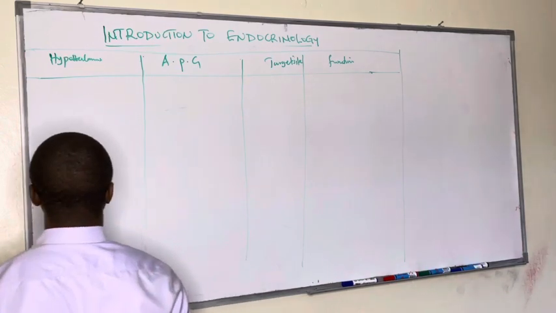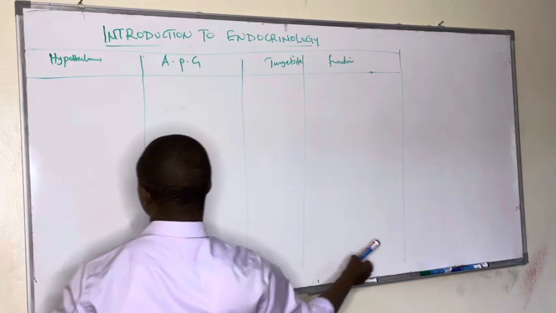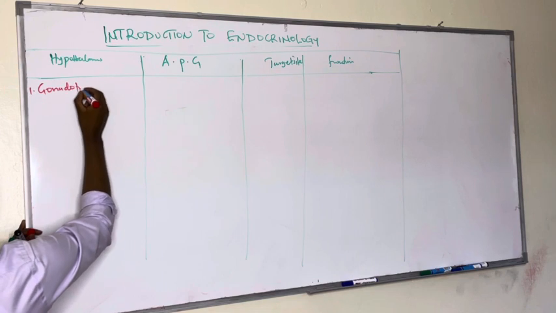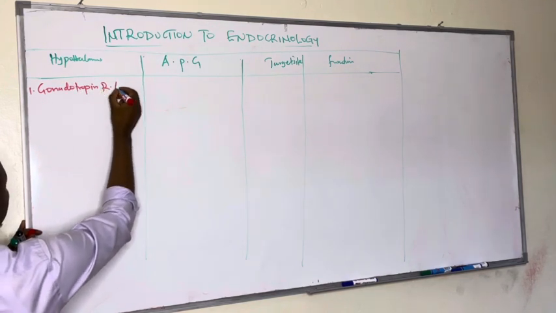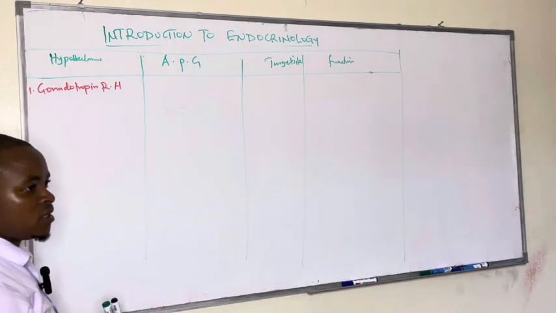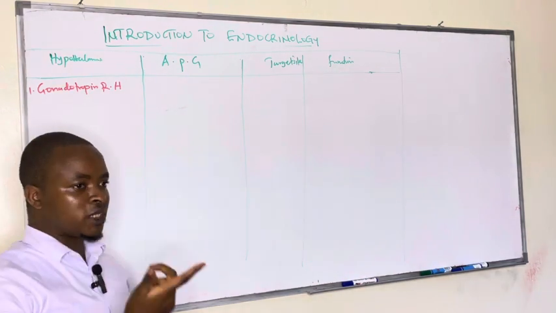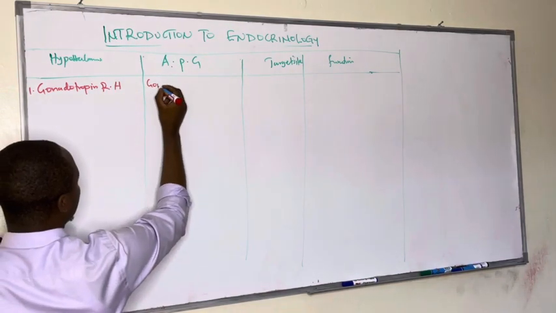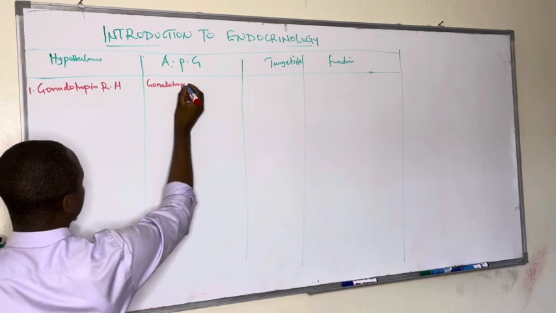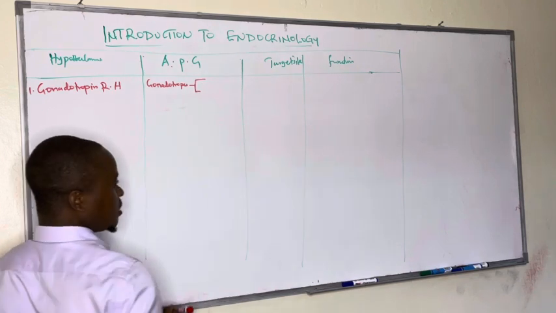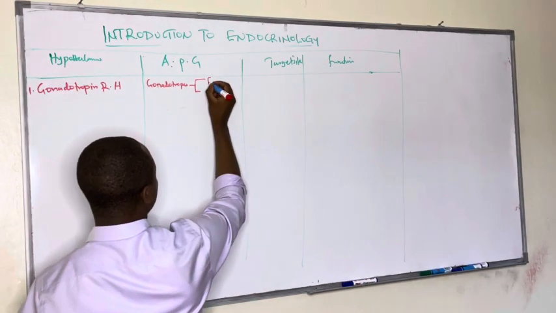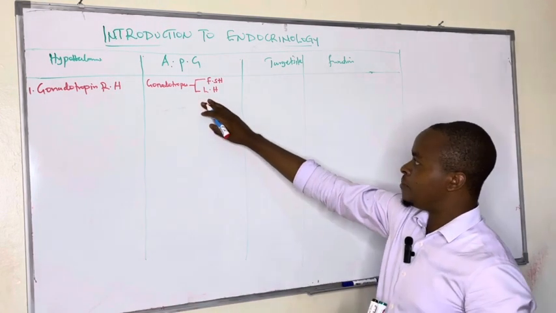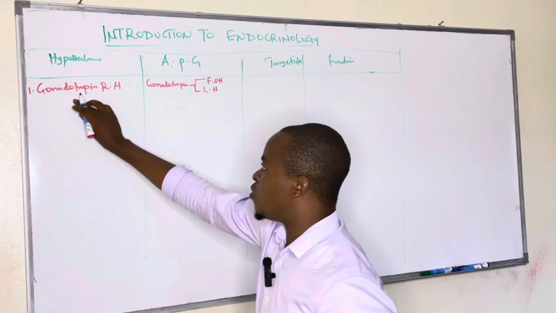And the first hypothalamic hormone I can talk about in this session, there is a hormone known as gonadotropin releasing hormone. And this gonadotropin releasing hormone is produced by the hypothalamus, transported in the blood, and it reaches the anterior pituitary gland, whereby in the anterior pituitary gland we have cells known as gonadotropes. And these gonadotropes are the ones that are responsible for secreting hormones like follicle-stimulating hormone and luteinizing hormone. So these are the two hormones produced by the anterior pituitary gland in response to gonadotropin releasing